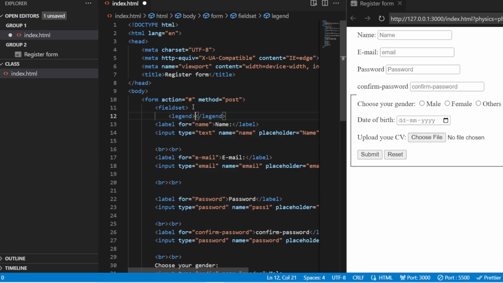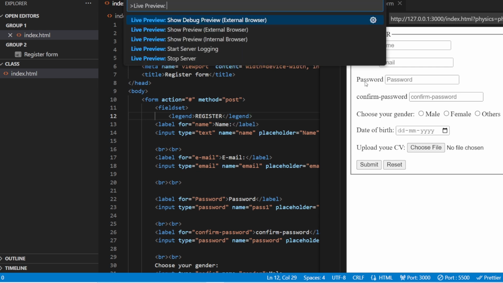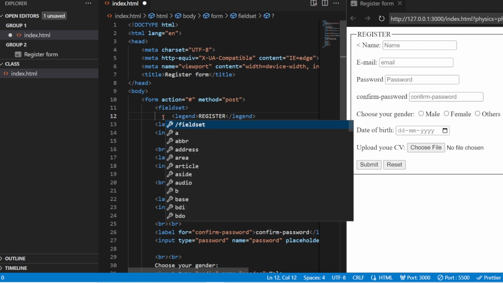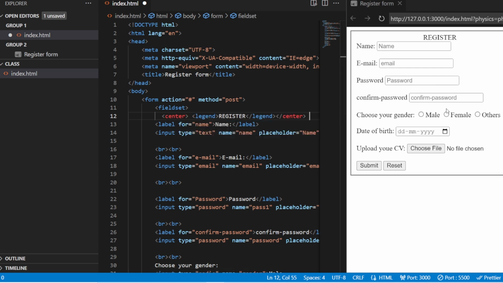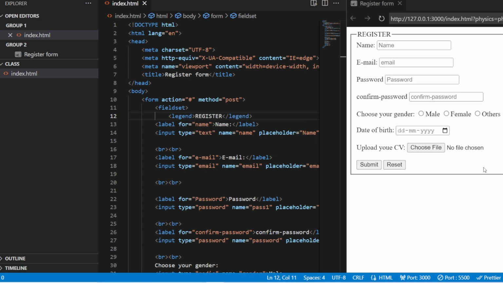You can give any content to this legend tag. Say for example, I have "Register". Save. Now you can see that this register is being added here in the top left corner. If you want it in the middle, then you also have the center attribute. You can use this center attribute to add it inside this particular square box. If you don't want this, then this is by default the particular styling of this legend tag and the